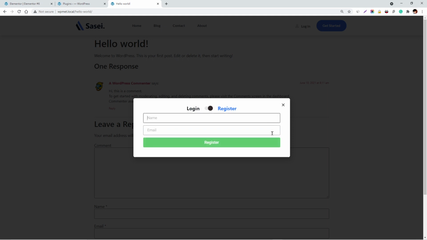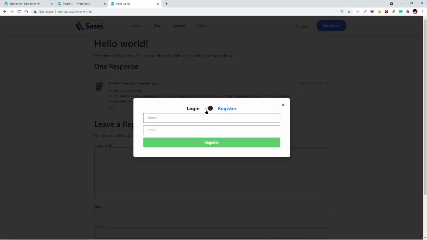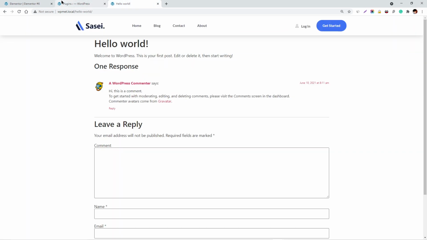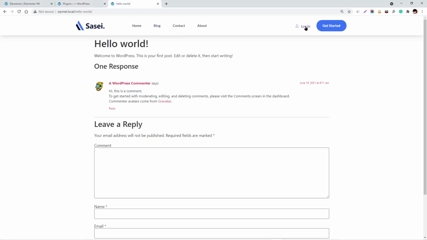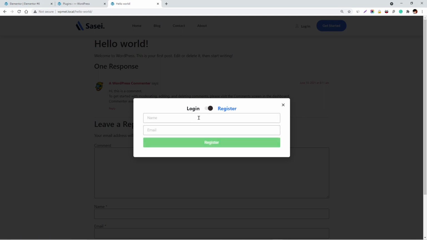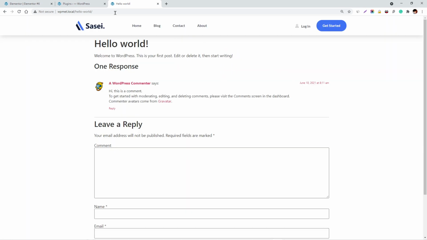That's actually an Elementor form. To do this you will need Elementor Pro and a few other plugins like Elements Kit, Elements Kit Pro. We will be making use of these plugins only, Elements Kit and Elementor Pro, for making this kind of nice form. And we will also show you how you can allow users to create the account from this register button from a form as well. So keep watching and let's get started.